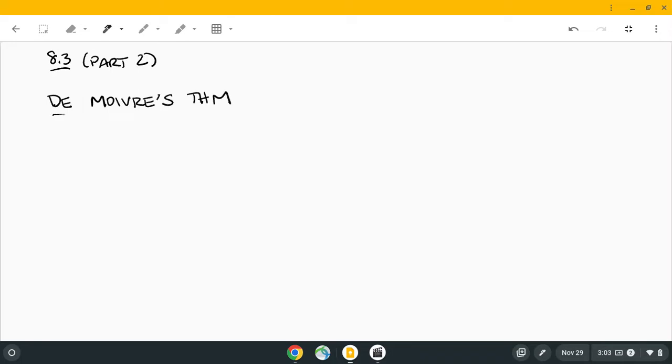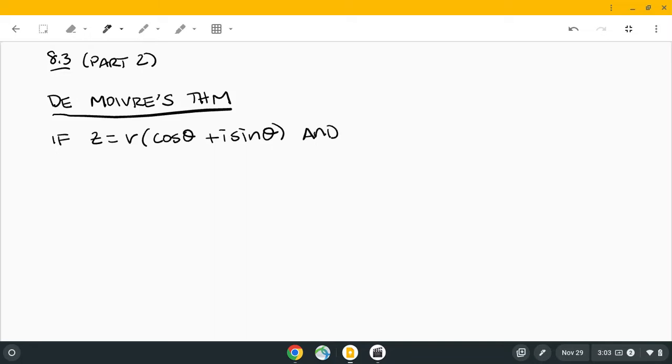And we use this theorem when we are doing higher powers of complex numbers written in trig form. So if z equals r cosine theta plus i sine theta, this is the trig form of a complex number, and suppose n is going to be our exponent, so n is an integer. Then z to the n is going to equal